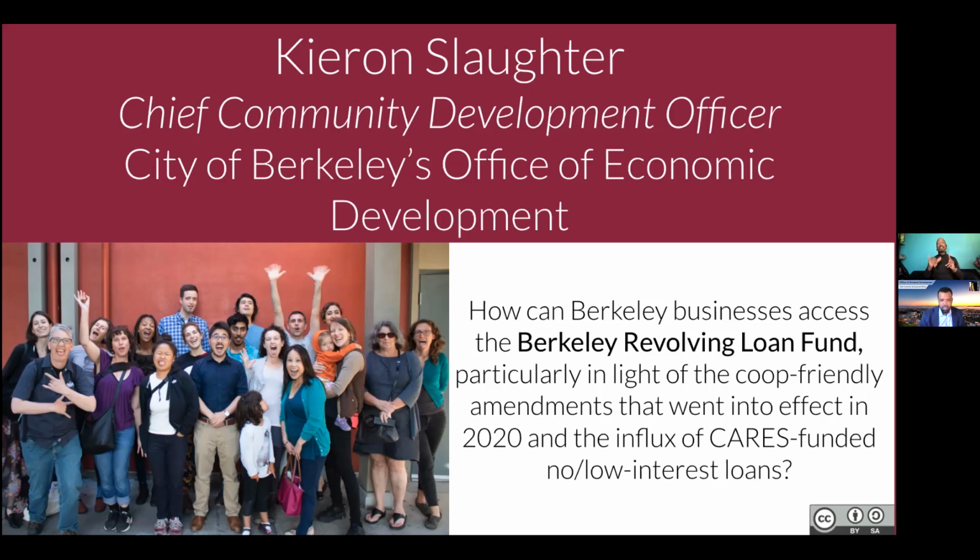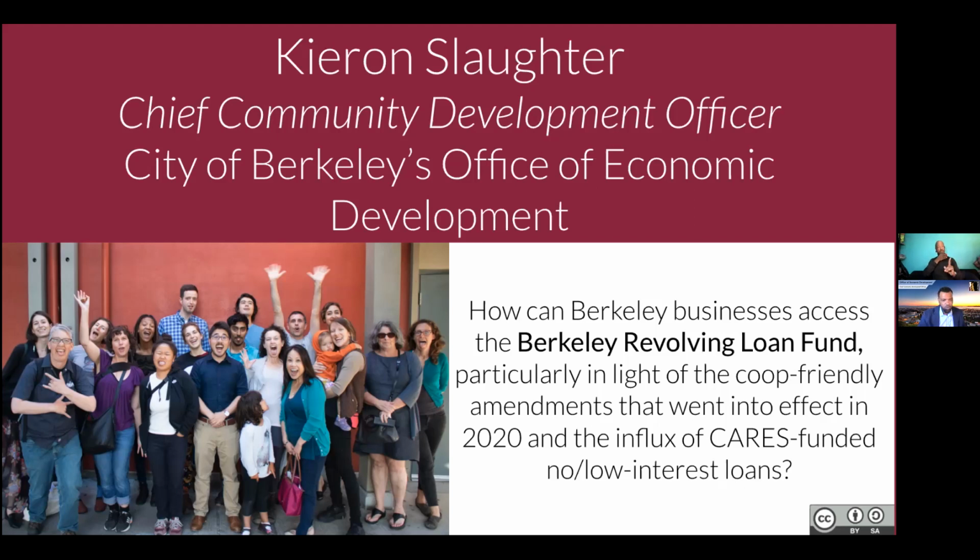And then lastly, it's adding a goal to our plan to allocate a minimum of 10% of our portfolio to worker-owned cooperatives and folks in the business of converting to democratic worker ownership. And so this basically shows the city's support. It shows that the loan administration board supports this, and it gives us a goal so that when I do outreach, when I go out, I can actually do targeted outreach with intention.